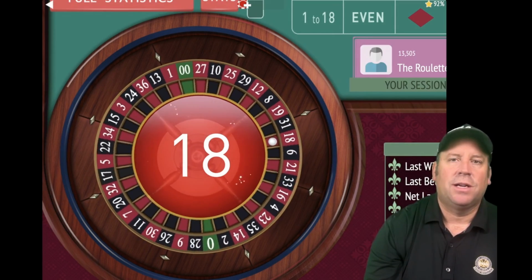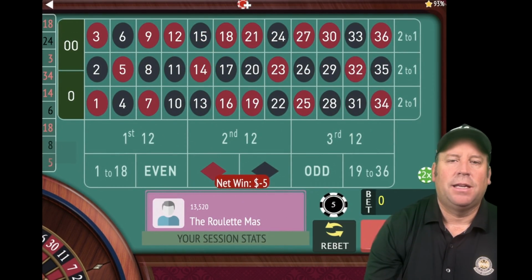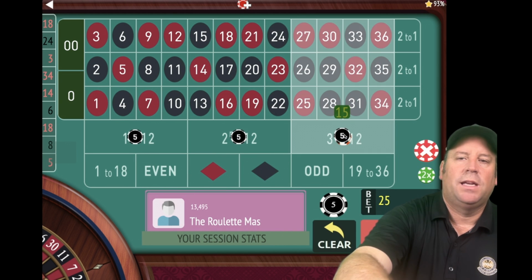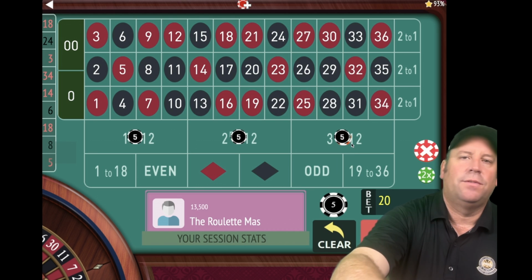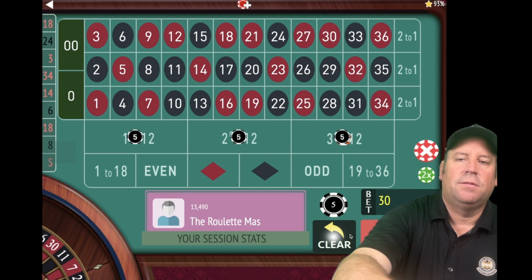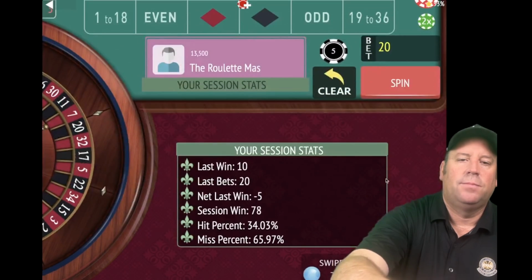We could have stayed there and tried to get it all back, but that's not the safe way to play. And that's a loss there. You can see that we had the 10 on third 12 there, so it goes to 20, and the first and second 12 goes from,